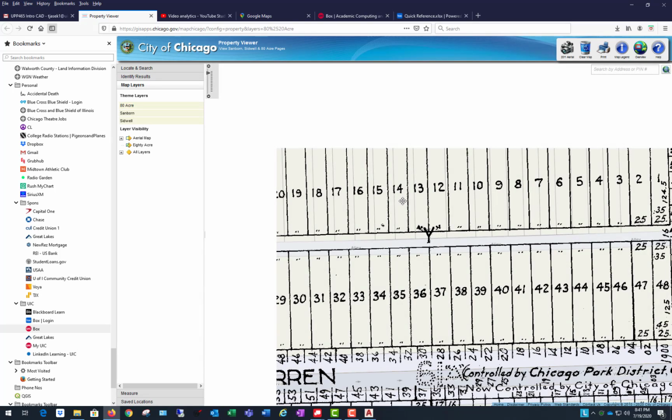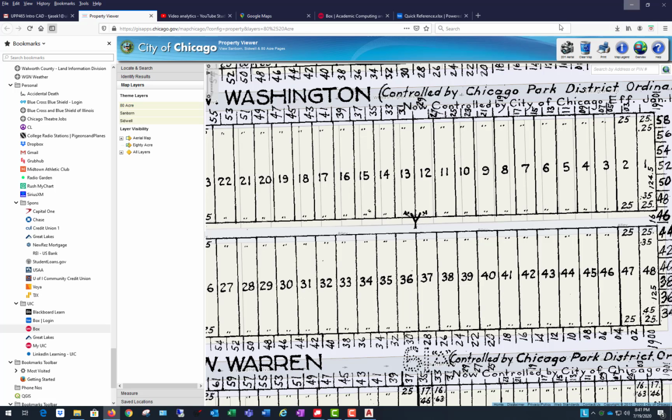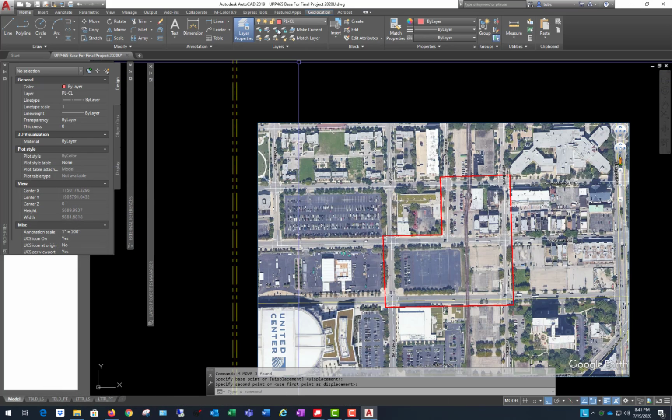What does that come out to? 24 times 25 is 600. And I should have known that off the top of my head. The city block is 600 feet, but I forgot that I knew that. So I can offset this now